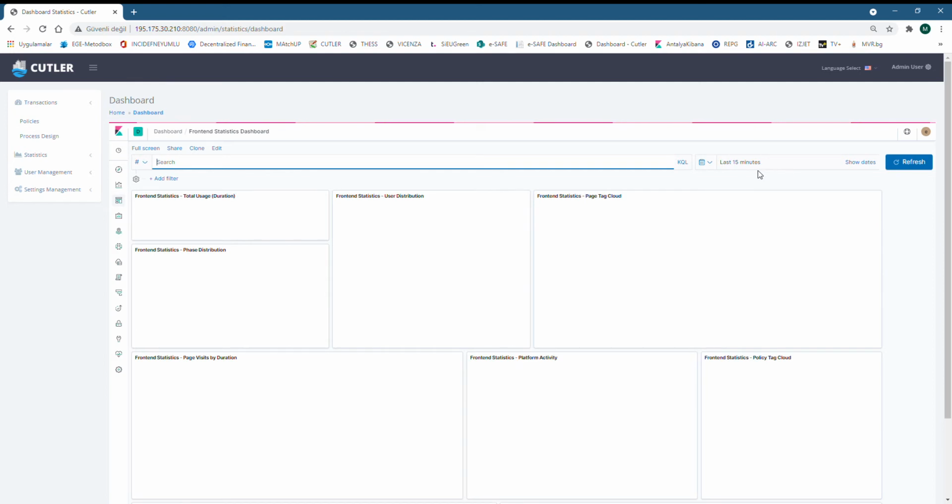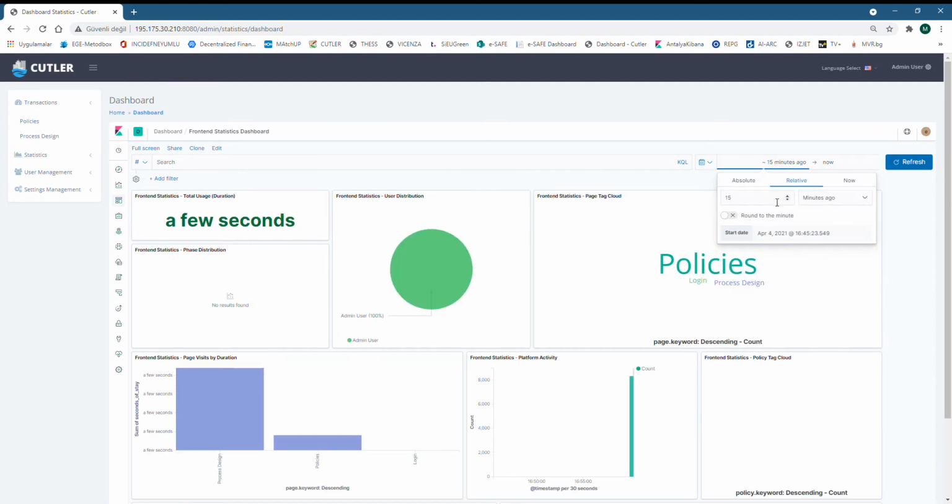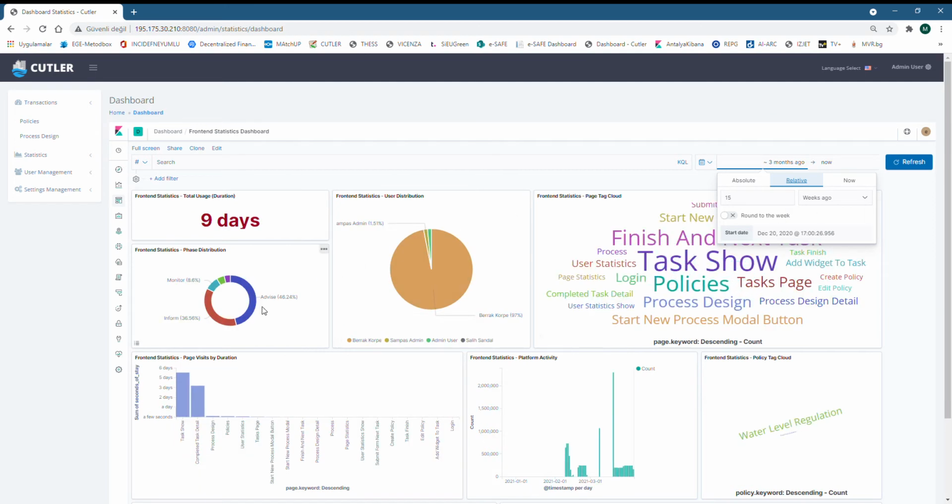Okay, the platform usage for the last 15 minutes is shown. Also, they can easily check historical data sets by defining the date time range. Here we see the front-end usage for the last 15 weeks. For the last 4 months, it's 9 days of full-time usage on the platform. So for the second user role, let's log out